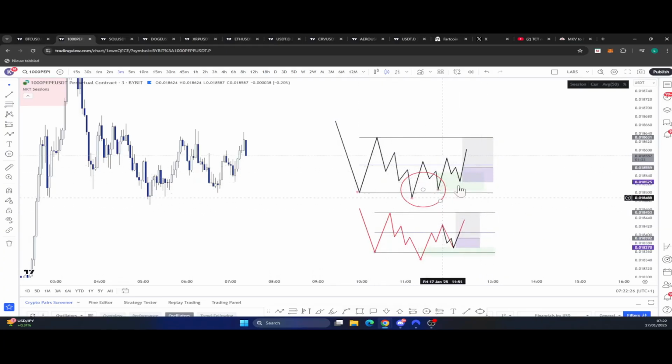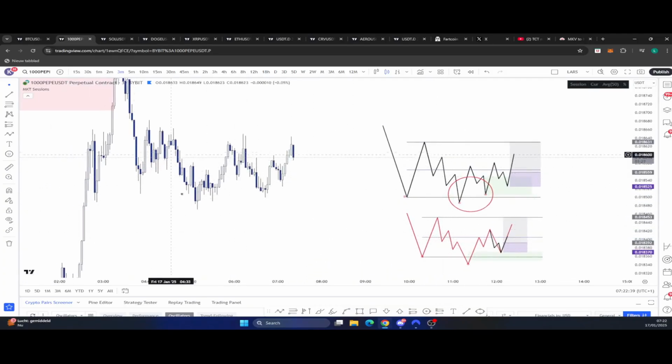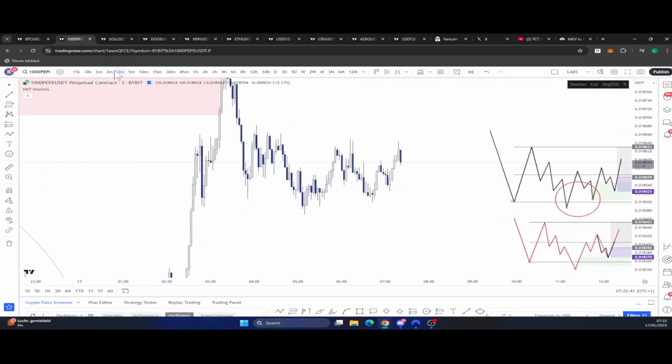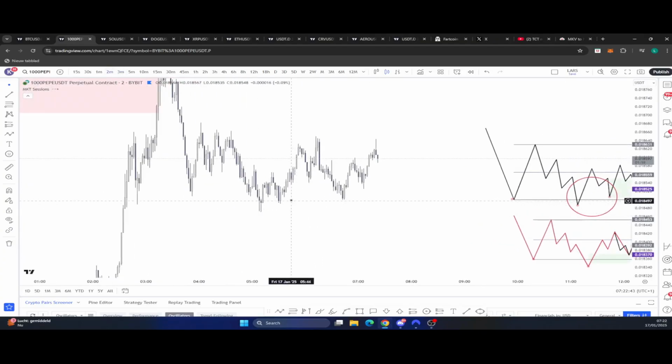And if you're trading it on a lower time frame, oftentimes you can also de-risk very fast because the breakup structures here are very small. You know, you can enter here and the stop loss can be here and you can be de-risked. So correlating and translating that into this Pepe example, if you go on the 2-minute time frame,